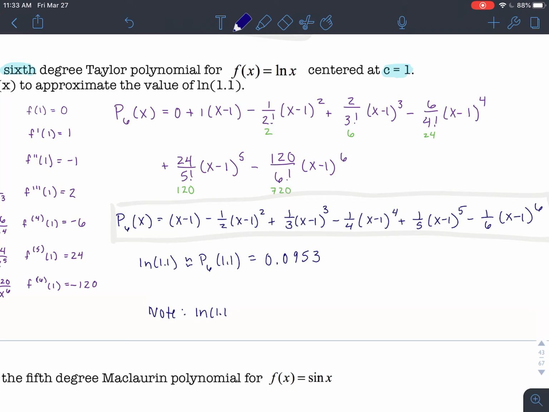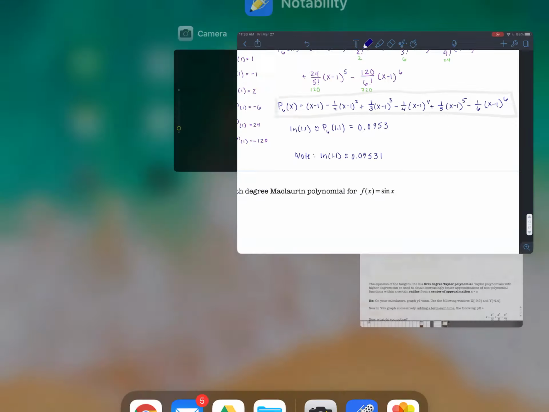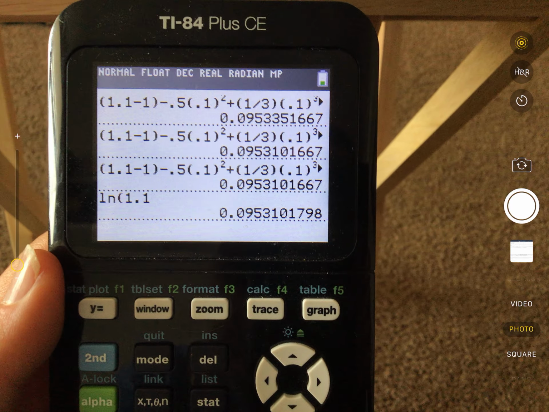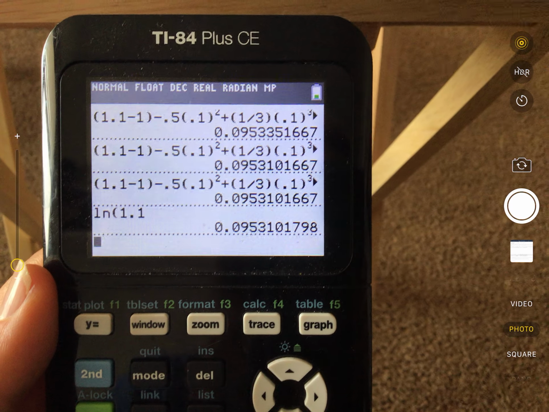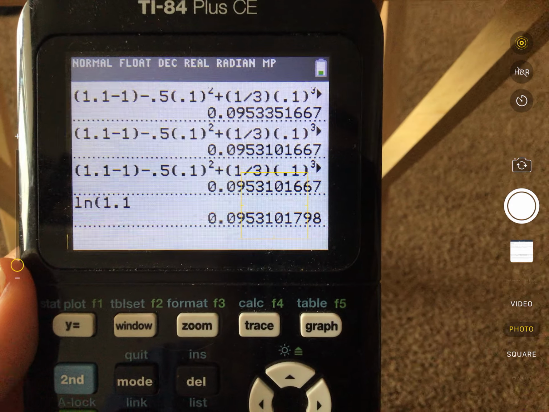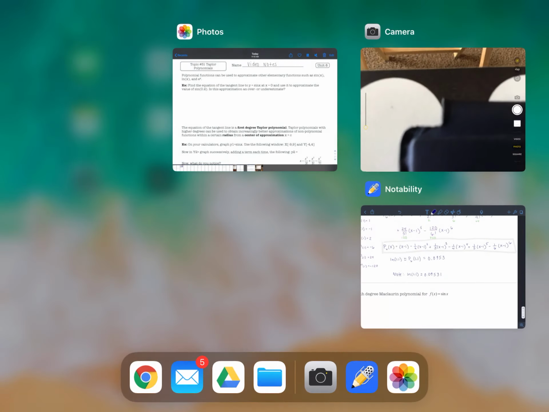So we got 0.0953, and if we look at the actual natural log of 1.1, I'm actually going to bring up my calculator screen, and I didn't use the one on my computer here. I used an actual calculator, so bear with the quality of this picture. You can see my last two numbers, right? Our Taylor polynomial approximation is that second to the bottom line, and the actual